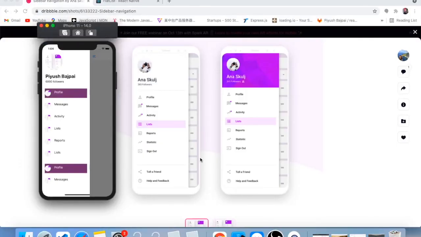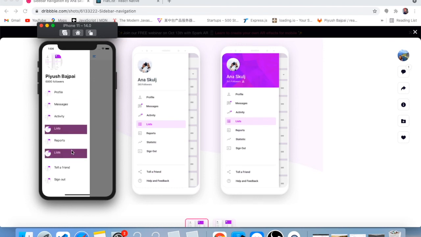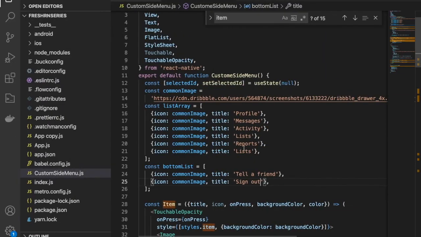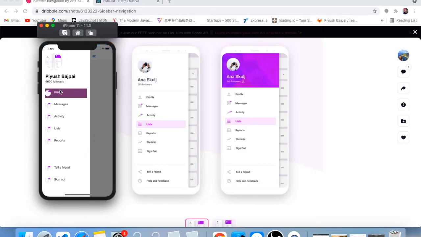Okay, fantastic, man. So if you select profile, then it should be highlighted, and if you're clicking on messages, activity, list, okay, list is there 2 times. No worries, I'll remove this list. Fantastic. If you're clicking on profile, messages, activity, list, report, then you can see the selected items are getting highlighted.